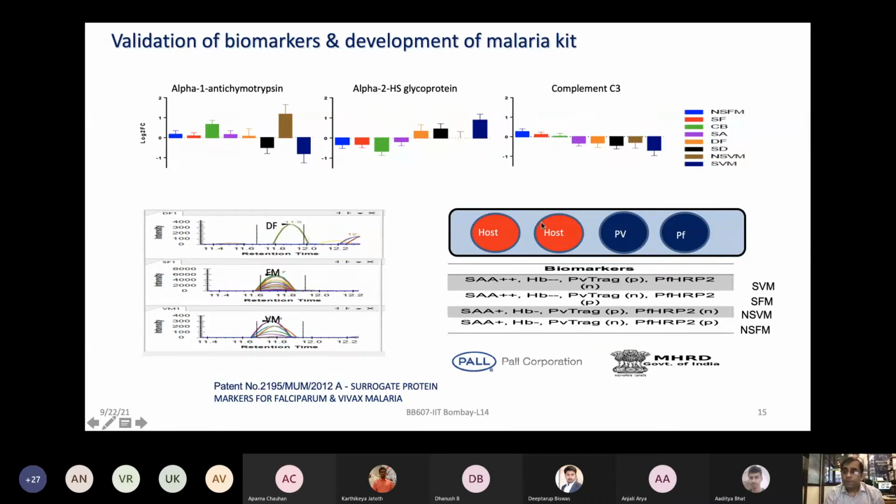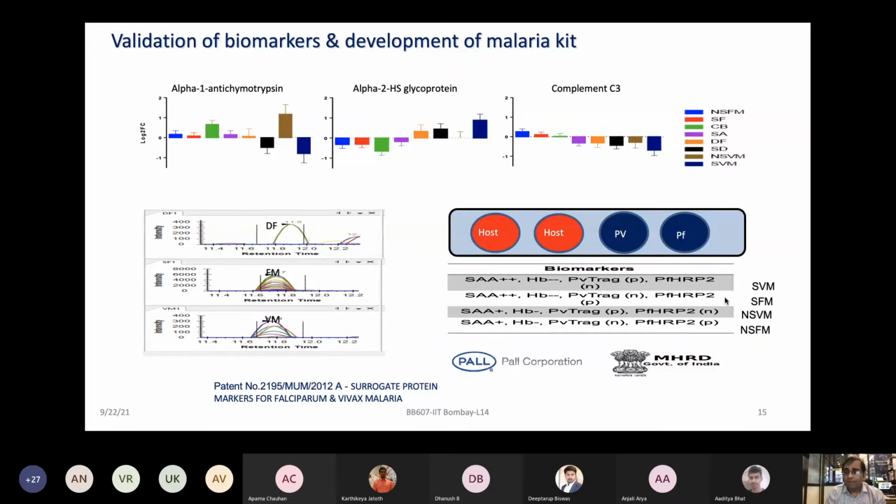So a chip could consist of a few proteins from the host response, like serum amyloid A protein and haptoglobin proteins, whose up and down levels indicate that the disease is going to progress further to the severe form. And with the very unique candidates which I showed you for vivax or falciparum, if all of them are on the same chip, with the same chip you can do diagnosis and indication for further prognosis.